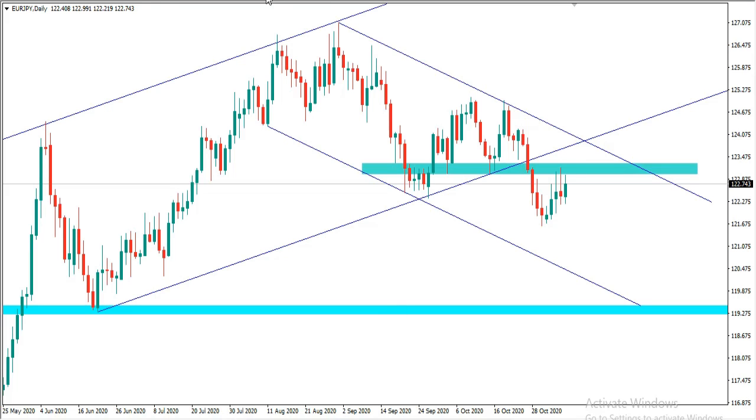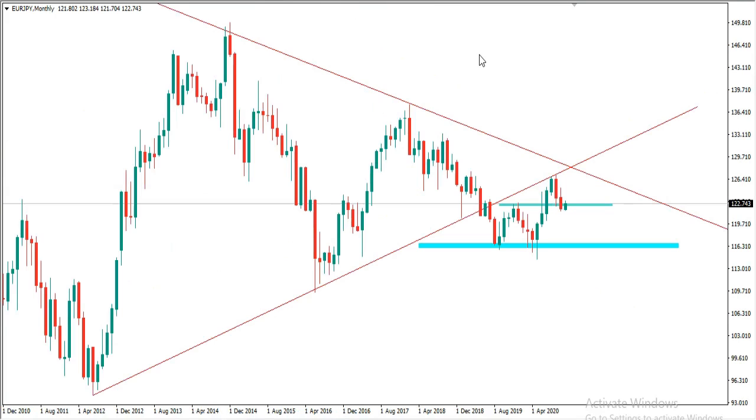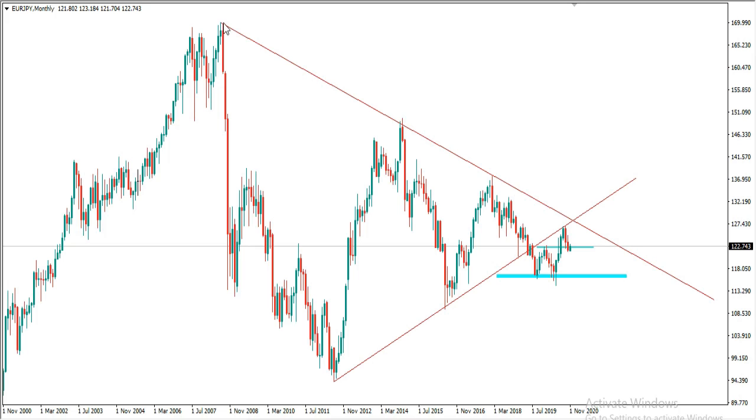Okay, so the next pair on our list is EurJpy, and from the monthly time frame, what we can see is that we have this ascending trend line right here, or a triangle pattern. If I zoom in a little bit, we're going to see that this is a triangle pattern. From here we had resistance, and from this area right here we had support, once again at this point before the break. So we know that that is a valid